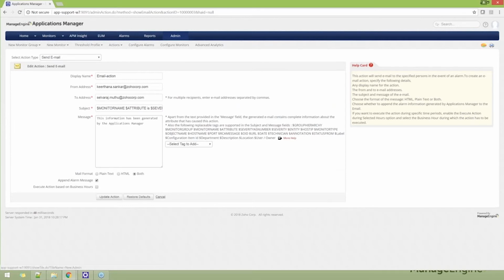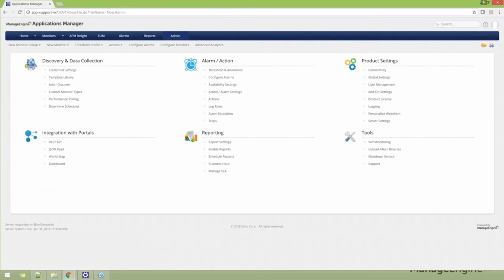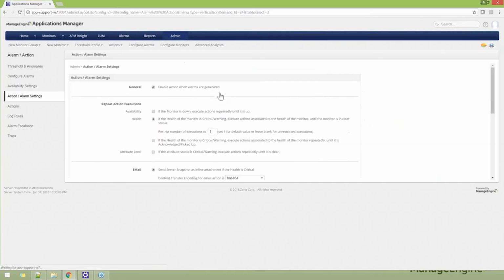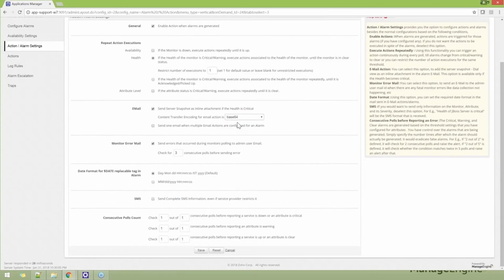So let me switch back to the UI and show you that. Under the Admin tab, Action and Alarm Settings, if I scroll down, I have consecutive poll count. Once you provide a value here, it will be taken for all the monitors. All right. So for example, if you give 2 out of 2, based on the polling interval of the monitor,